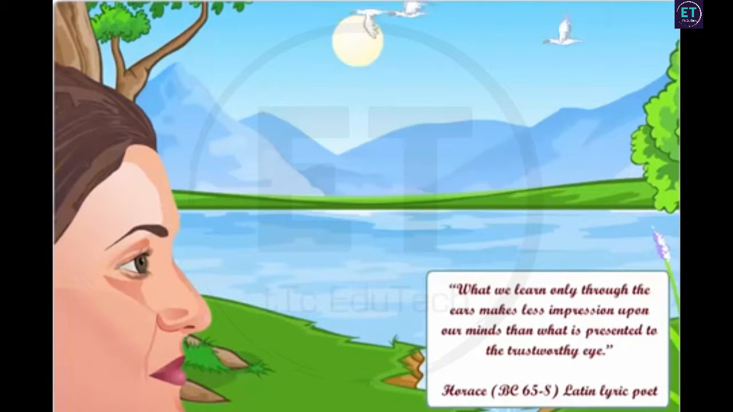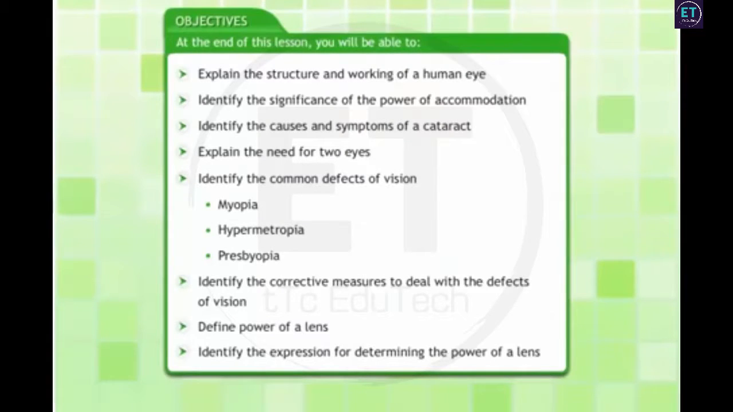In this lesson, you will learn about the structure and working of a human eye, defects of vision, and the remedies for these defects. At the end of this lesson, you will be able to explain the structure and working of a human eye, identify the significance of the power of accommodation, identify the causes and symptoms of a cataract, explain the need for two eyes,